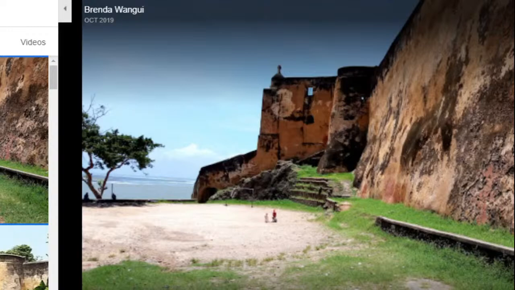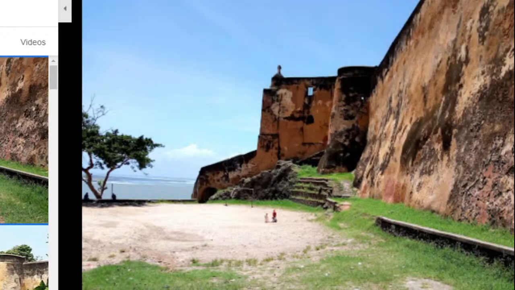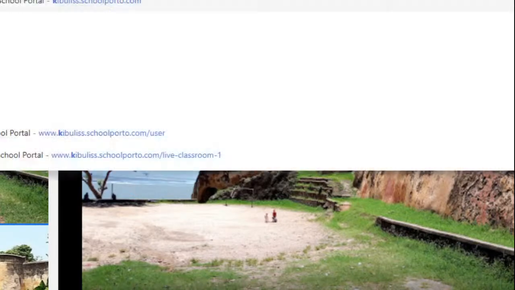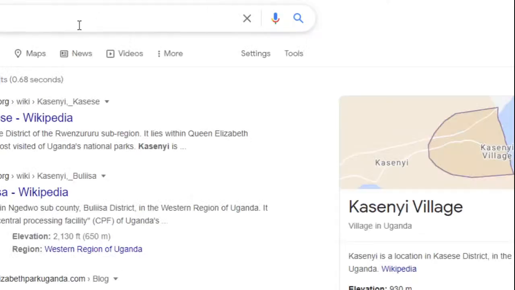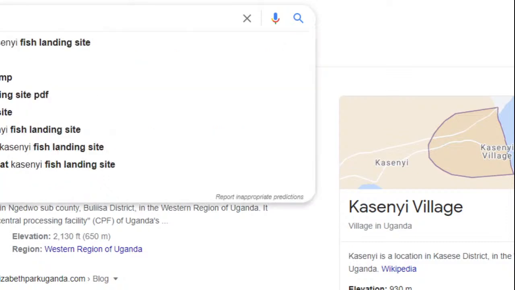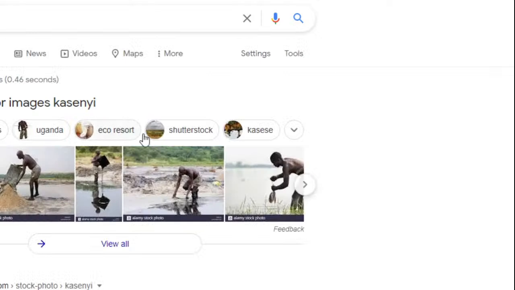Those are examples. I was also saying that when you go to Kasen, you also have a cliff on one side of the Kasen Fishland side. There is a headland called the Nakasunda headland. On its sides, it has a very steep surface, which also represents a cliff. And when you check at its bottom, you will see